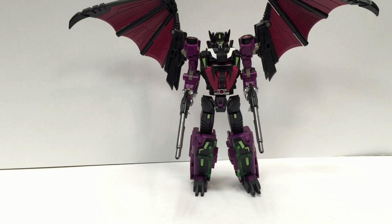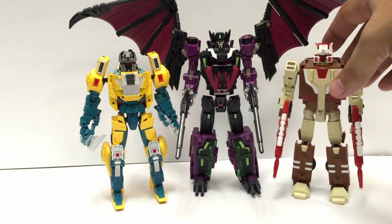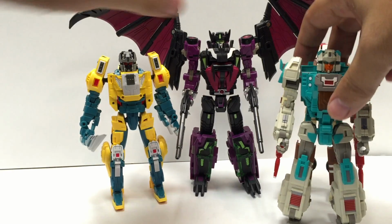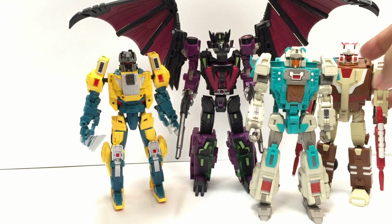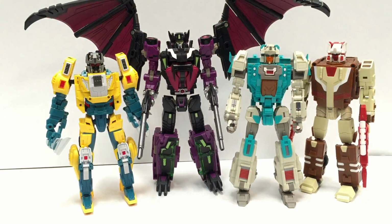Just some real quick size comparisons now before we go. Here he is with Quadruple U, Code, and Smart Robin. Here, let's see if I can get them all in here. Now, he does seem a lot bigger, and part of that is the wings. The wings do add a lot of bulk, and if you fold them back, he doesn't look quite as large. But you can see Smart Robin was previously the tallest, just barely, of the three, and Sigma L